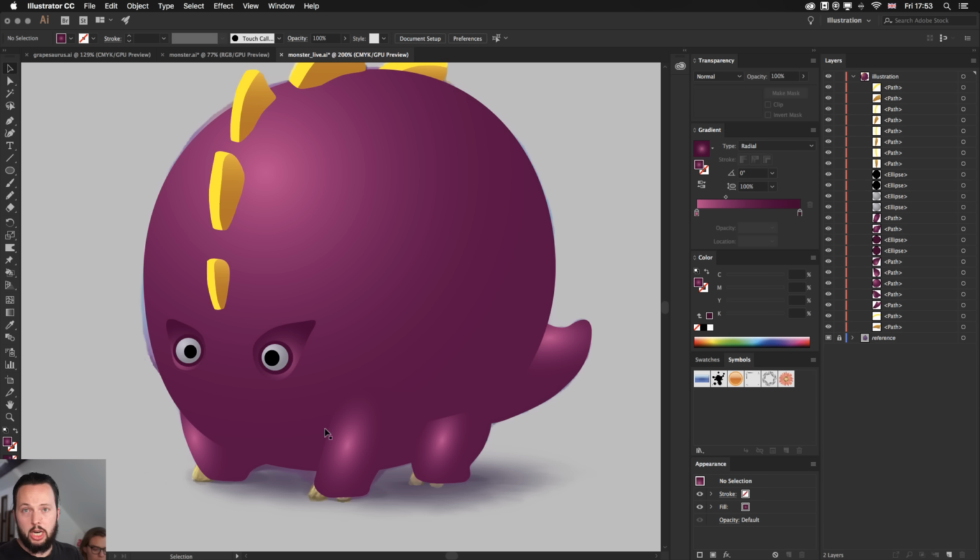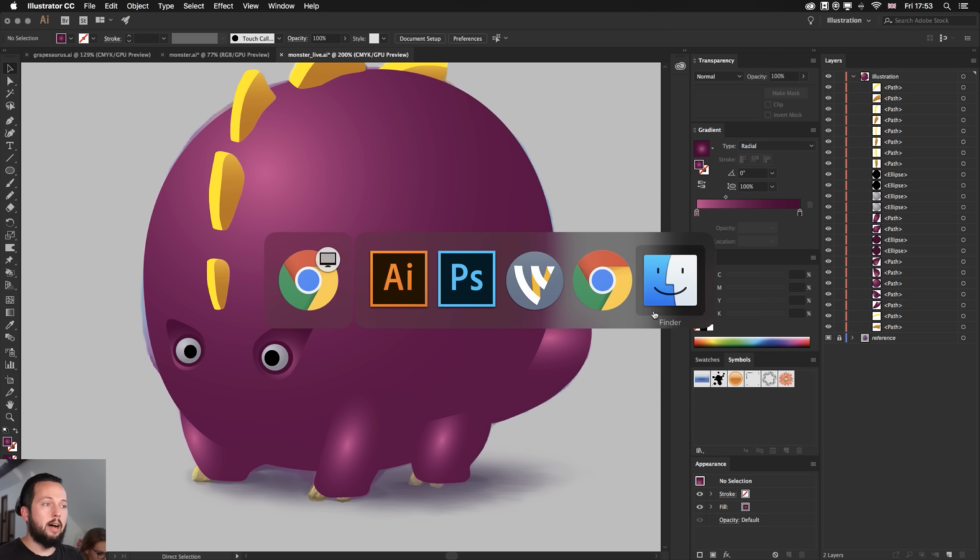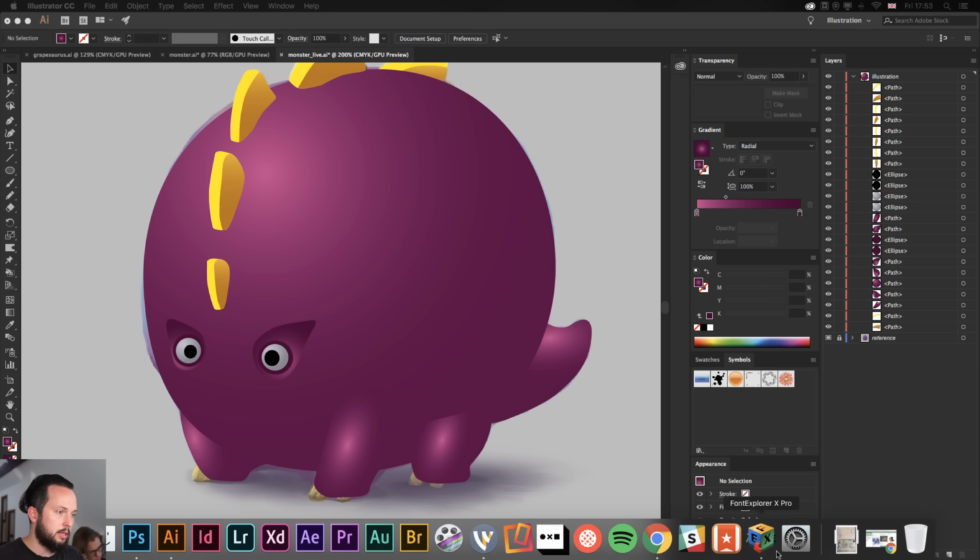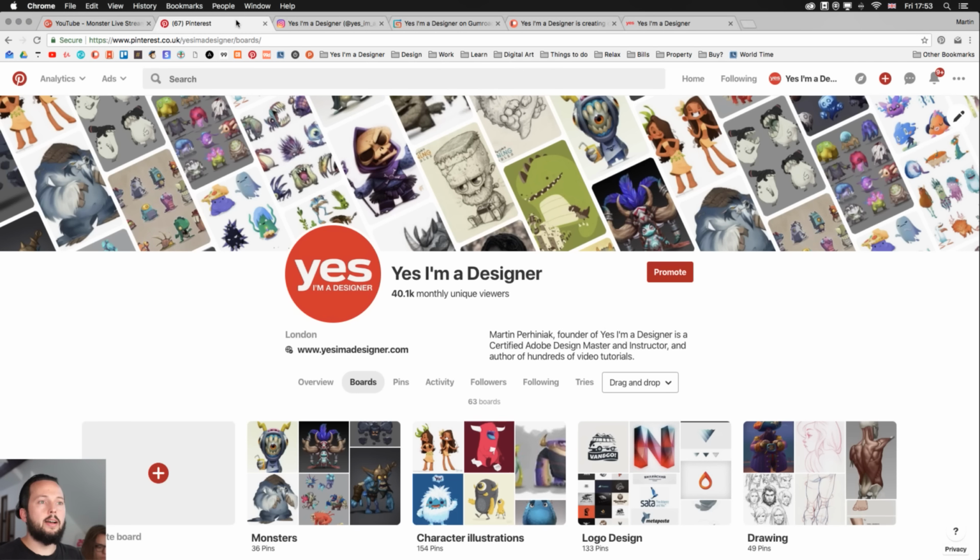Now let's do the shading underneath. Actually, before we get to the gradient mesh, which is a really cool feature and is definitely something that I want to make sure we cover properly, before we get to that, let me just show you where I have my references and what type of references I use whenever I start an illustration. So let me just open this page here. We will come back to that page for the review of your designs.